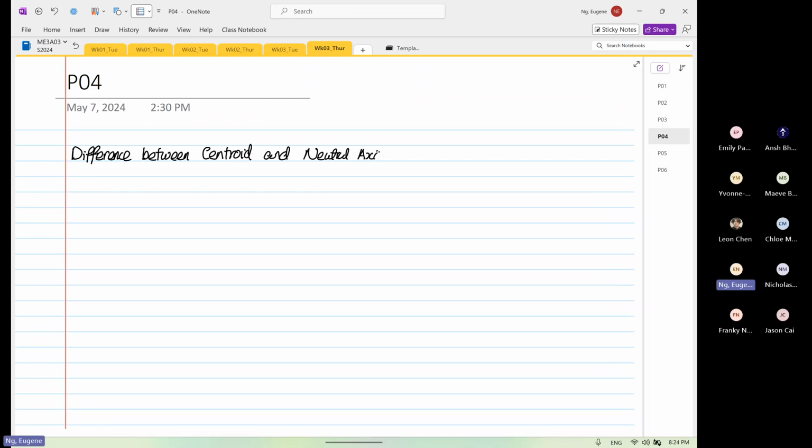And I know this for a fact. Some departments or some other universities, they say it's exactly the same thing. No, it's not exactly the same thing. The position can sometimes be the same, but sometimes it can be different. And I want you all to know the difference. Okay, we cannot say no, it's the same. It's different. Okay, so centroid